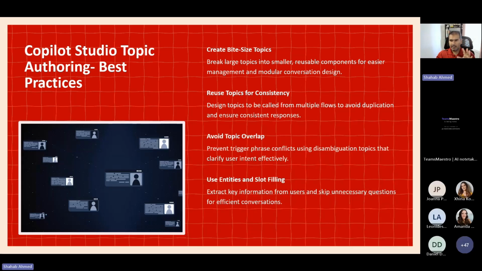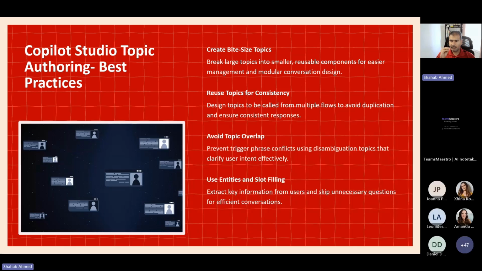The other piece is that with reused topics, you're avoiding duplication. You're ensuring consistency in responses from the bot to the human. You're also training people to interact with those bots, right? So if there's inconsistency there, that also makes an issue for the users who are interacting. And if you're trying to update pieces, you just change the topic, and once it's reused, it's going to propagate the same way.